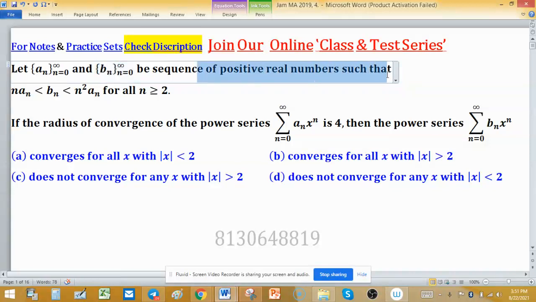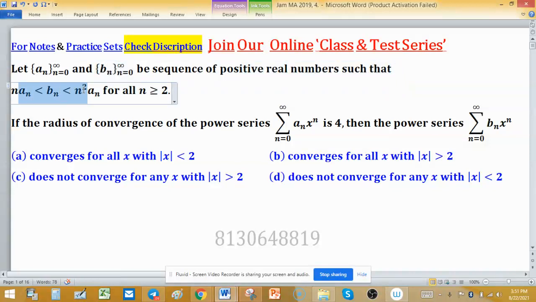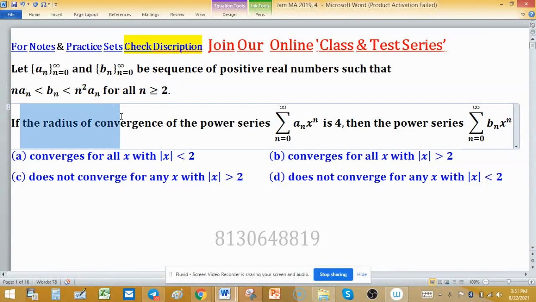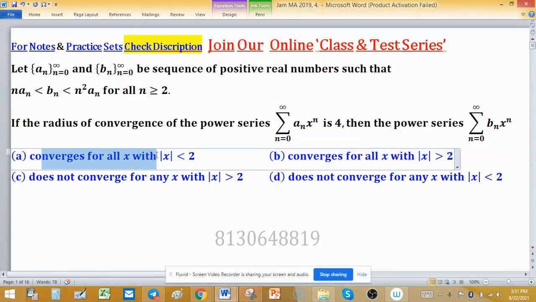Let a_n, b_n be sequences of positive real numbers such that n a_n < b_n < n² a_n for all n ≥ 2. If the radius of convergence of the power series summation a_n x^n is 4, then the power series summation b_n x^n converges for all x with |x| <